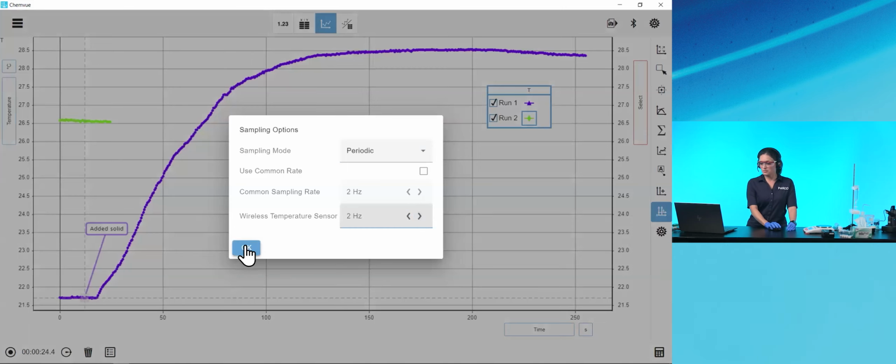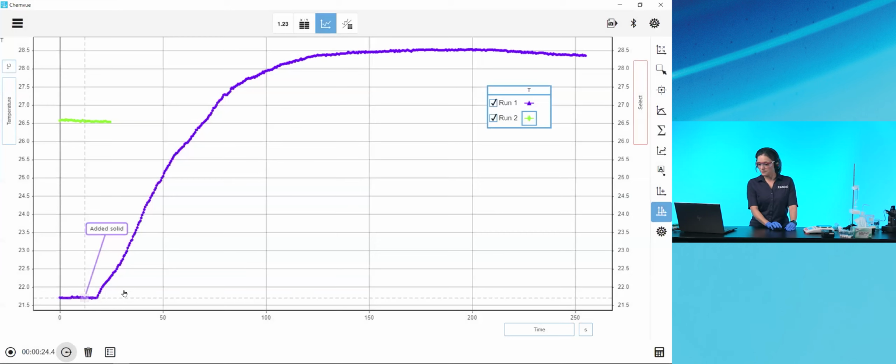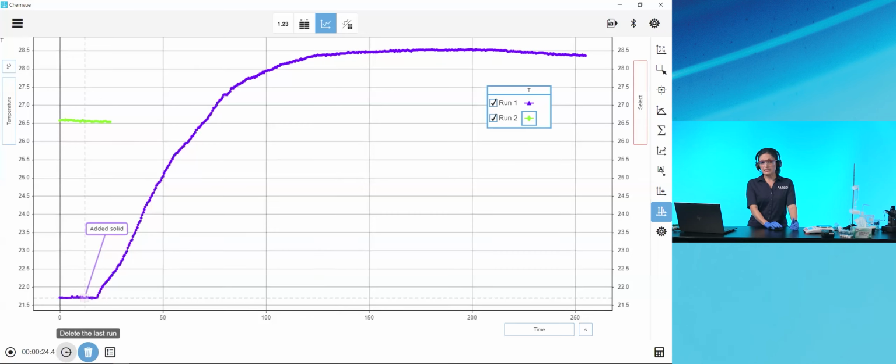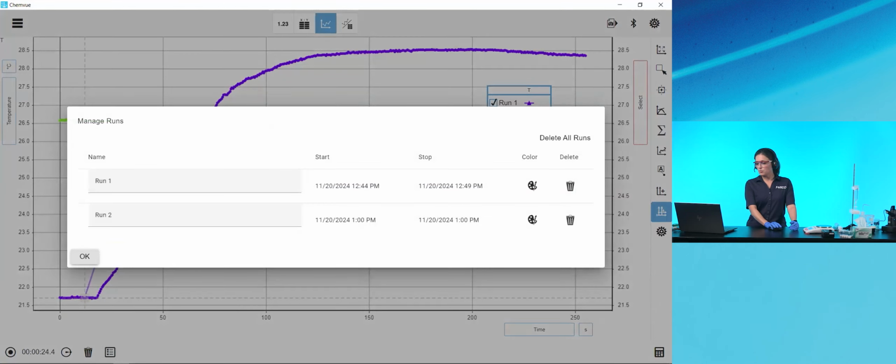And we set the defaults based on what we believe are the most commonly requested sample rates for the sensor. I really didn't need that last run, so I can hit the trash button and delete it if I want to. I can also delete it if I go into the Manage Runs menu. I open that menu, and I can delete run 2, or if I want to keep it, I can rename it